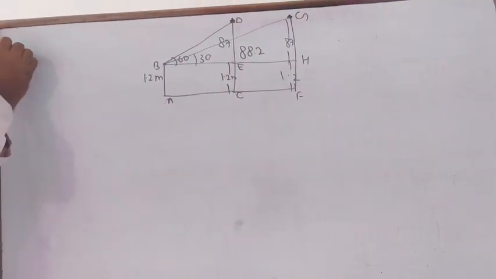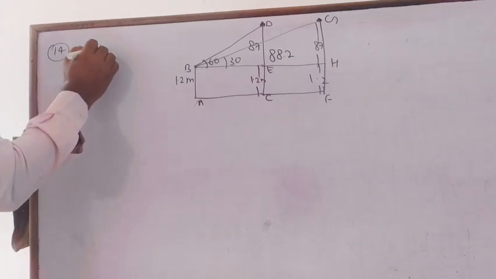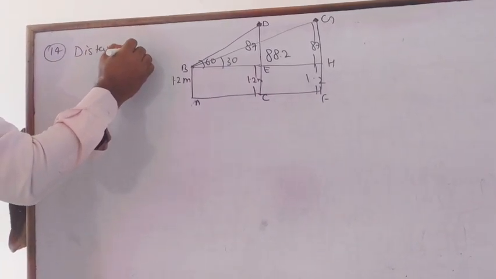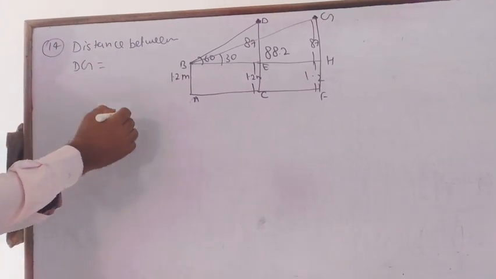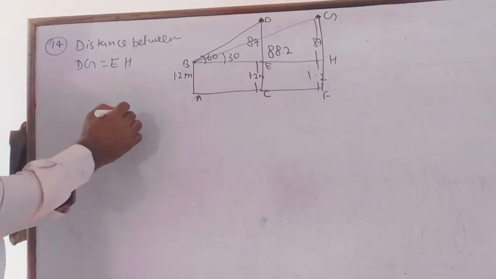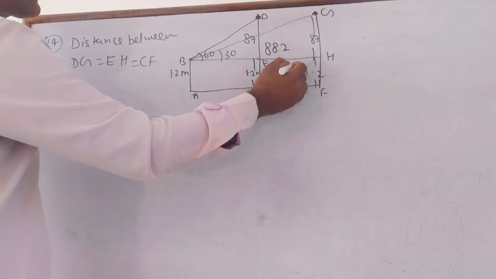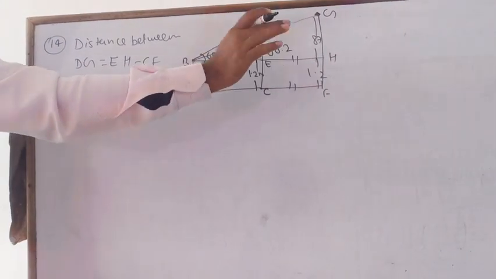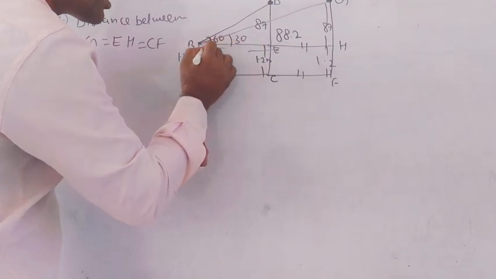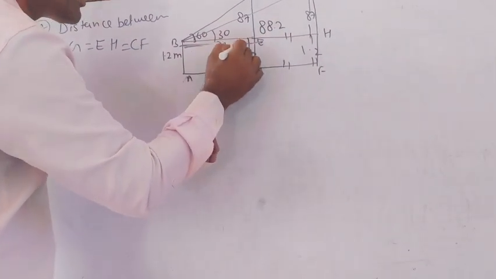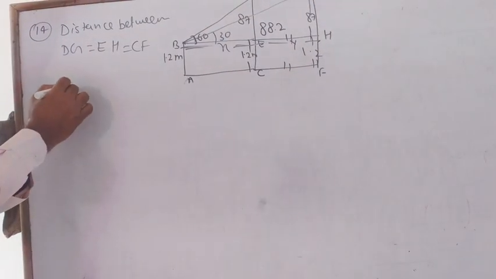We need to find the distance DG, and DG will be equal to EH, or you can see that it is also equal to CF. Means we need to find this value. Now suppose that this distance BE is x and EH is y. So in triangle BDE,